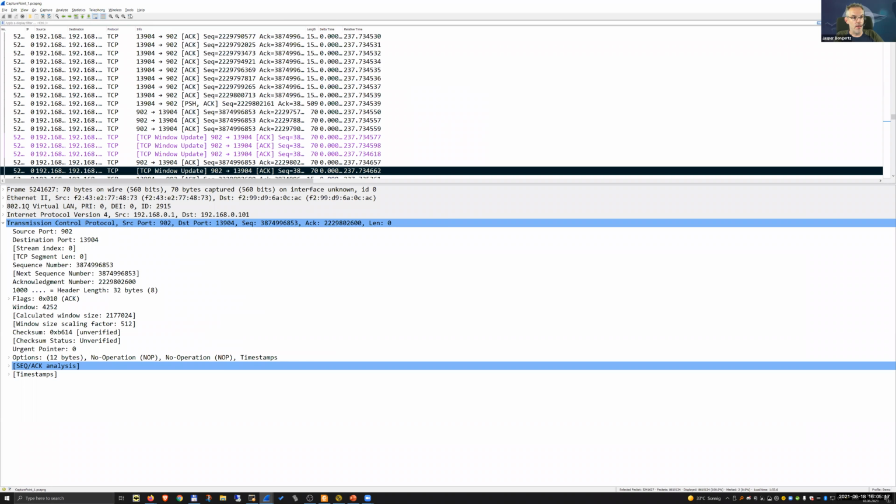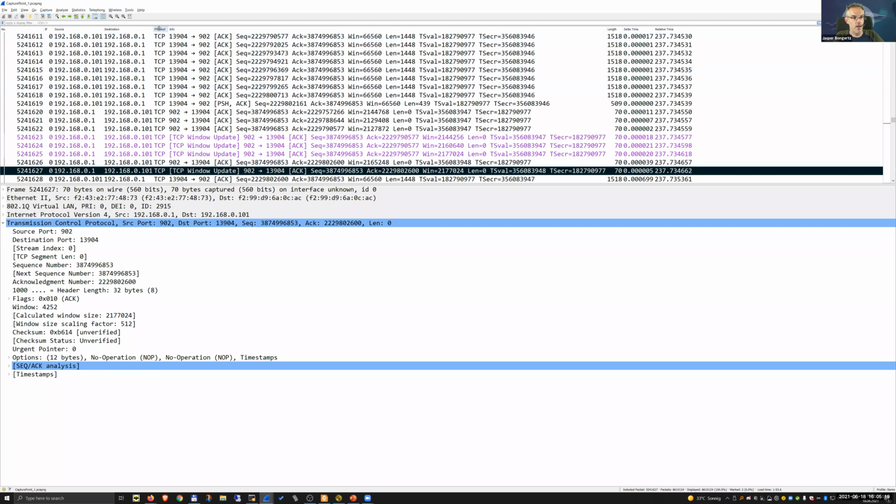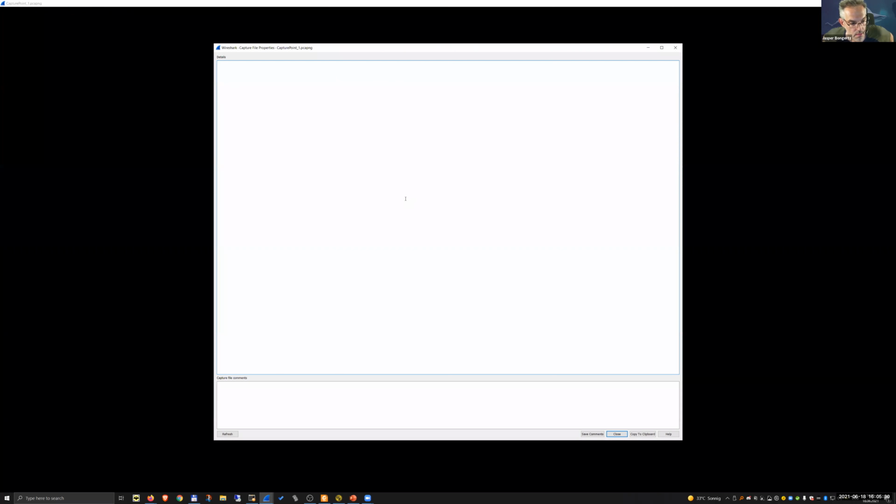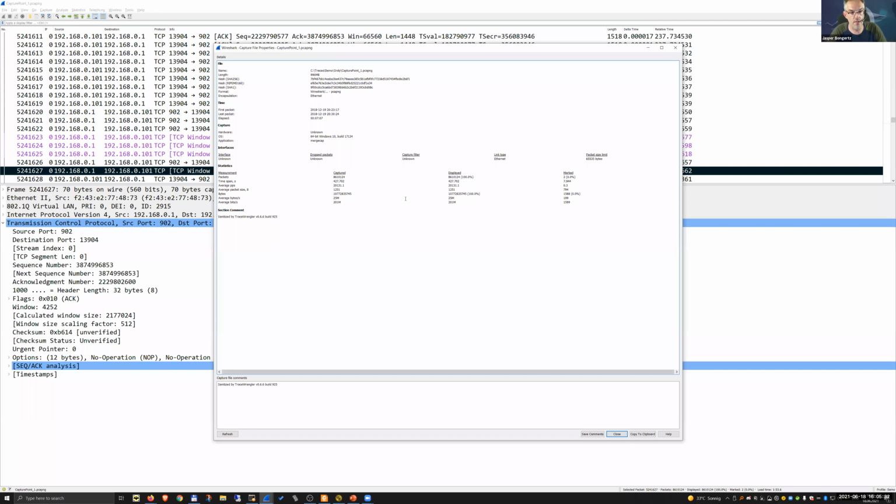And resize the columns. And you can see in the statistics that this is, I think, a throughput of 25 megabytes.